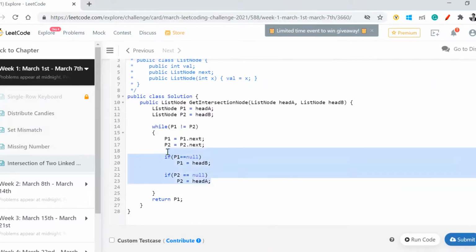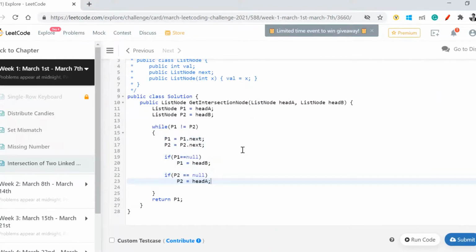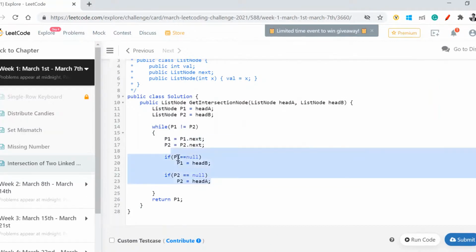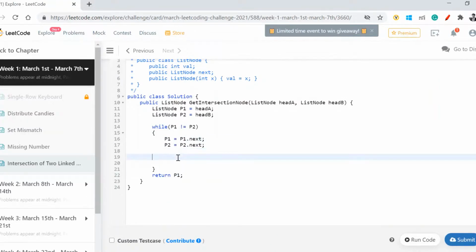Now let me quickly combine this into one line of statements so that I can further optimize it. So what I'll do is I'll replace this by saying, if P1 double equal to null, if that is true, then I'll say head of B. I'm just combining both the statements.